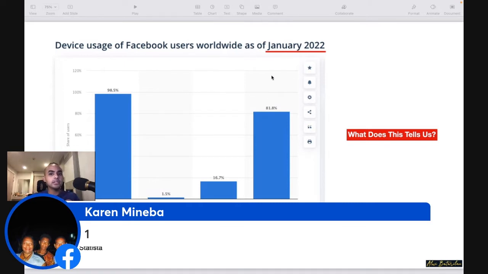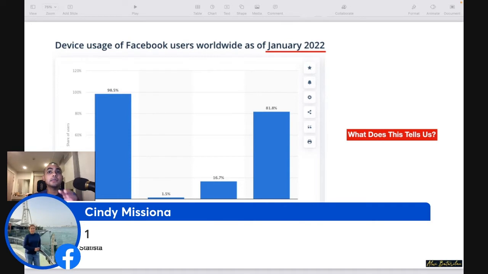And two very important things that it tells us is this, right? 98.5% of people are using any kind of mobile phone while browsing Facebook, okay? And the second thing that I want you guys to notice is that 81.8% of people are only using mobile phone to browse Facebook. Why is this important? This is important because